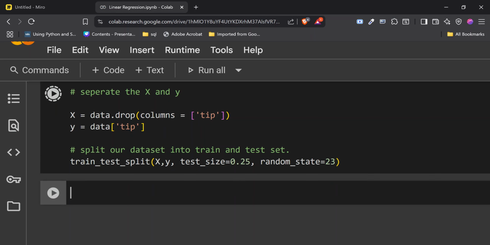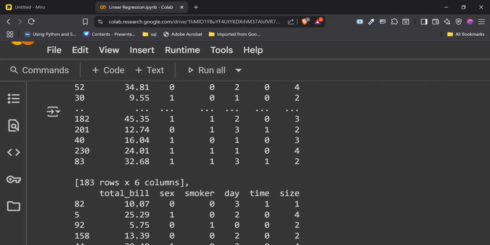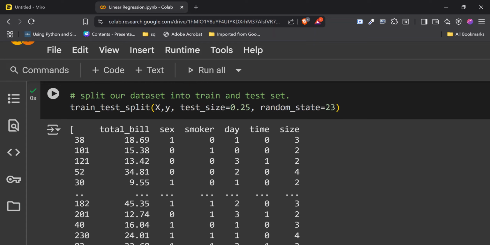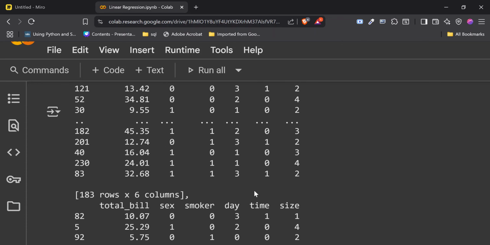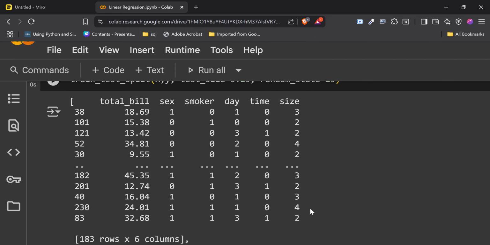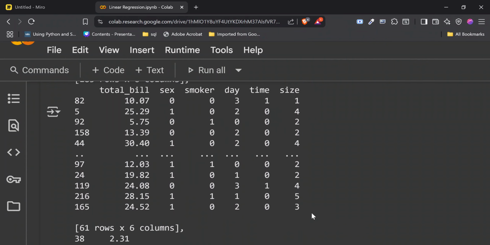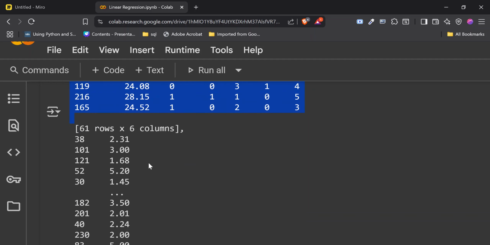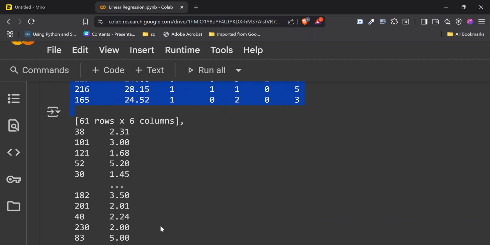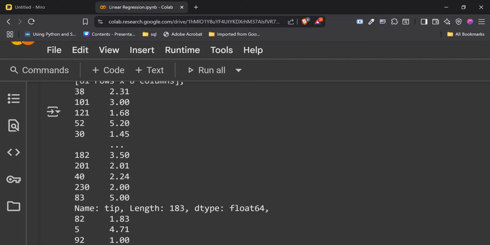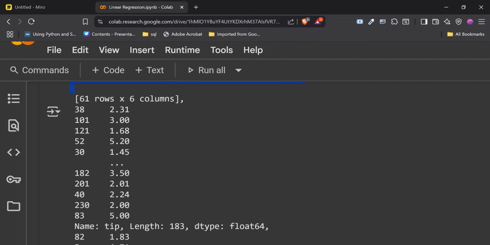So if we run this, can you see the outcome now? The outcome is actually a list. In that list, the first thing we have is our train set. Then we have another one, which is our test set, our X test. And we now have another one, which is our Y train.